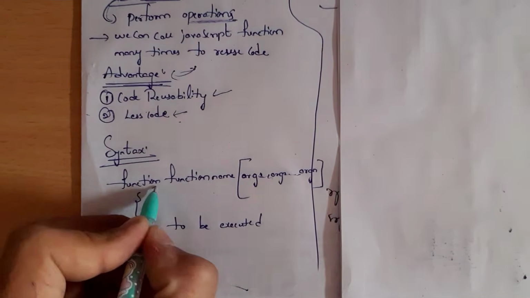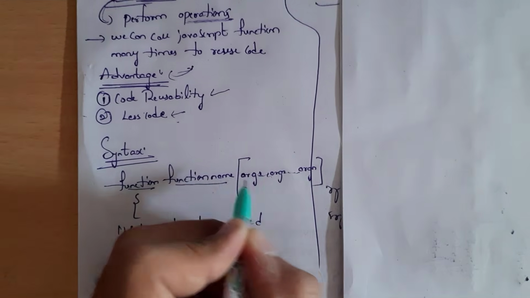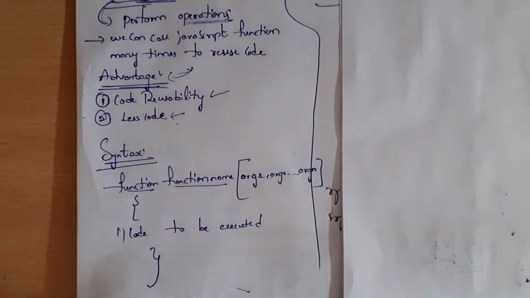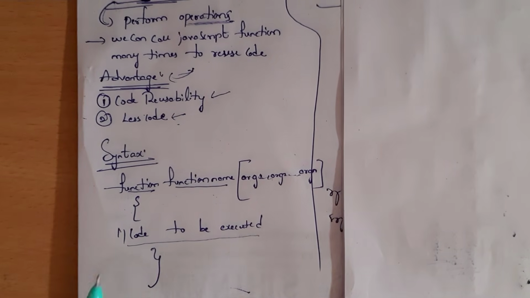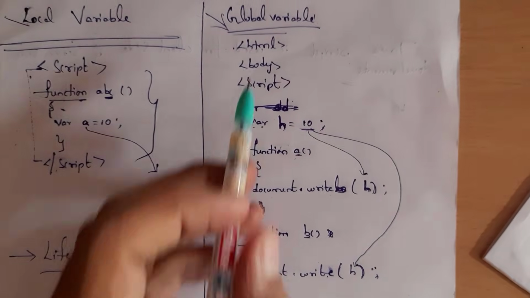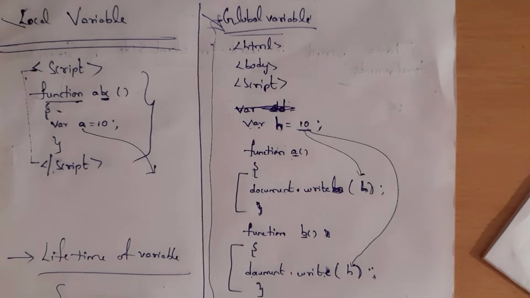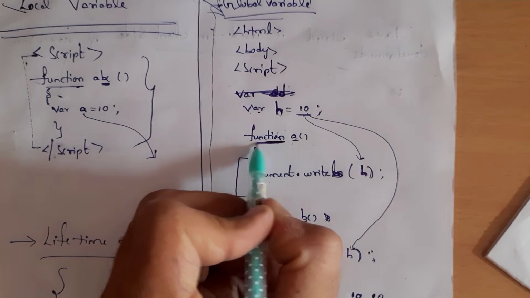This is the syntax. Function, function name, and inside the function name there are arguments. There are n number of arguments we can write inside the function name, and after that you need to write code here. This is the syntax of function. If this question comes in the exam, you can write this program. You can write this global variable program. If a function question comes in the exam, you can write this because this also contains functions.